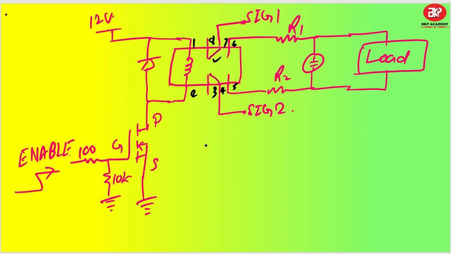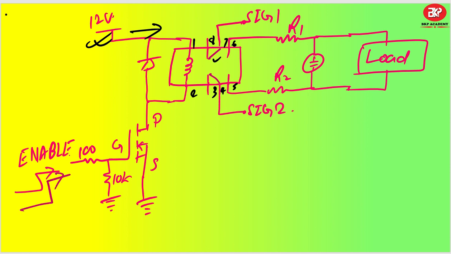Now what is going to happen? I have connected one diode. So basically you have given a 12-volt signal, so 12-volt power supply is there. Now suppose this MOSFET is not working. So this is an N-channel MOSFET which is not working right now because enable is not given. So this is not conducting. If this is not conducting, the voltage coming here will not go through because the path is not complete. Got it?